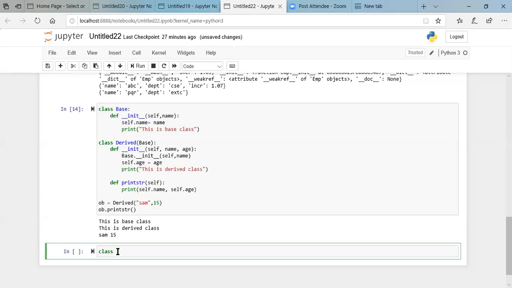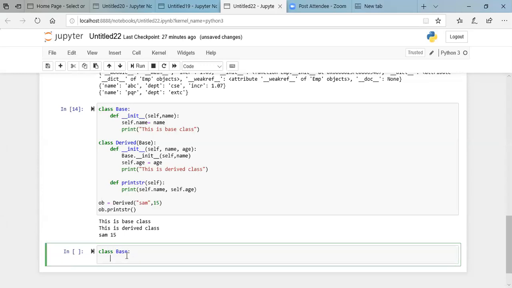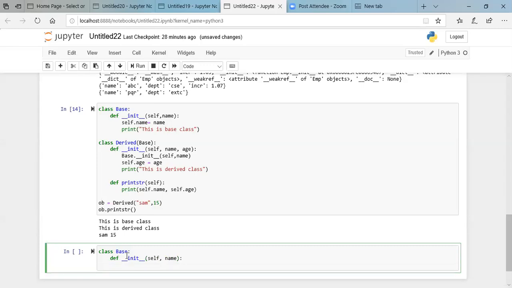So I'm going to create a class here. This is the example for the multi-level. Class base. I'm going to define the constructor for this with self comma name, only single parameter we are passing here, and storing the value.